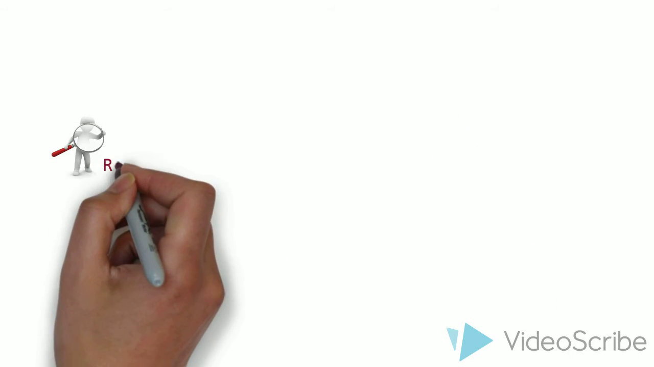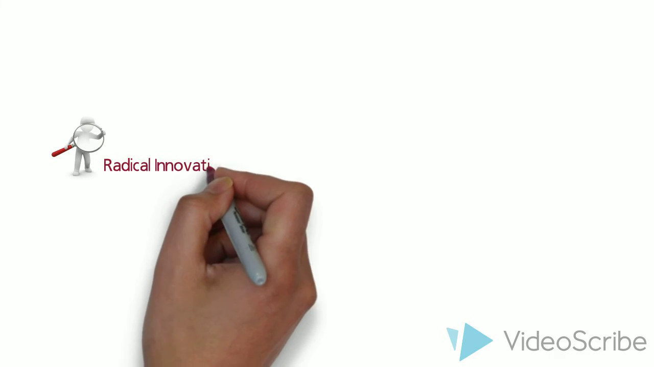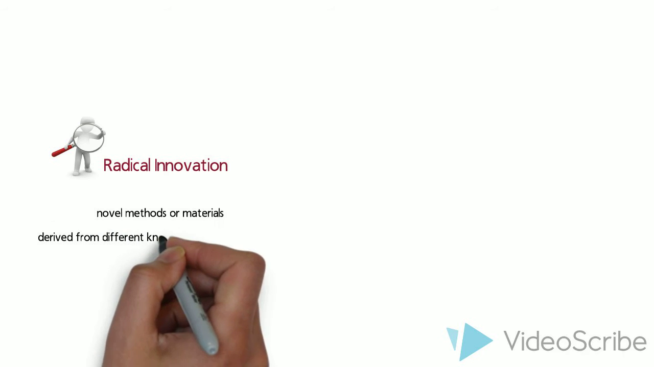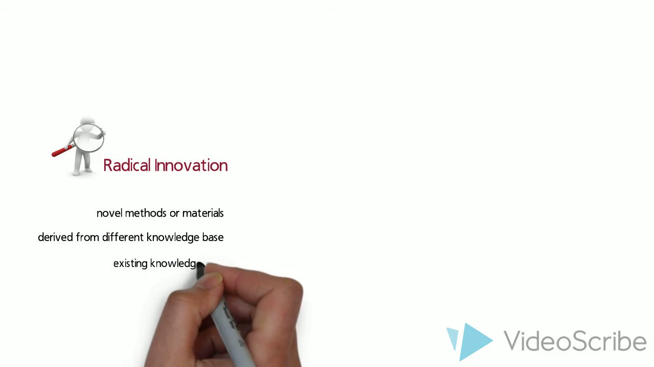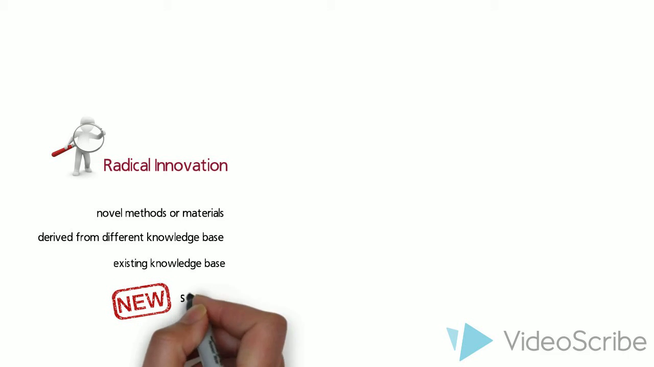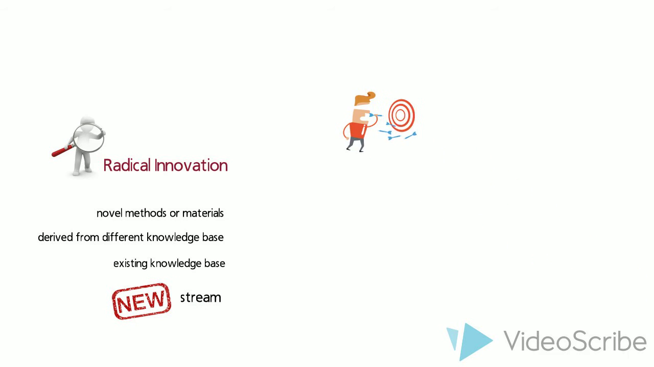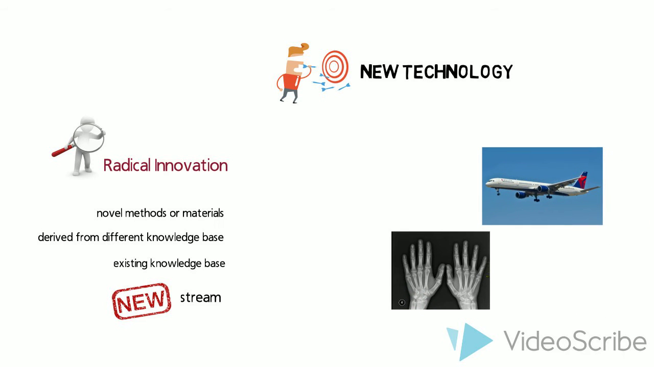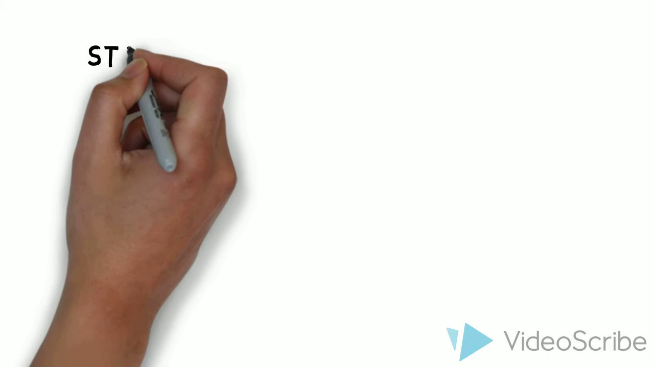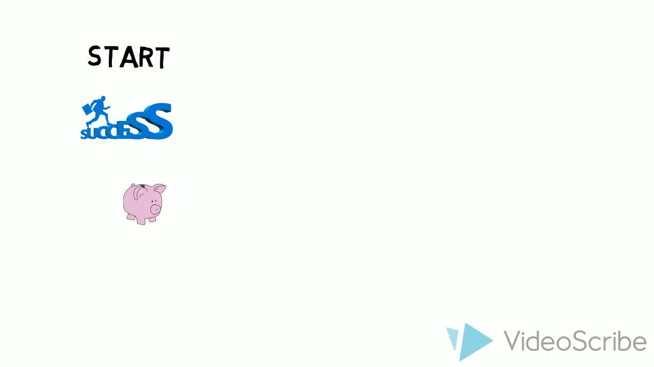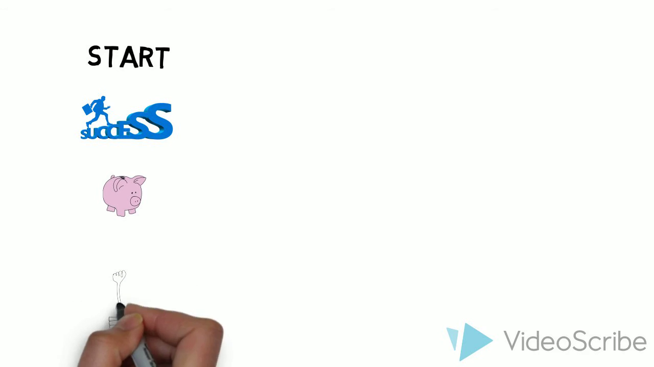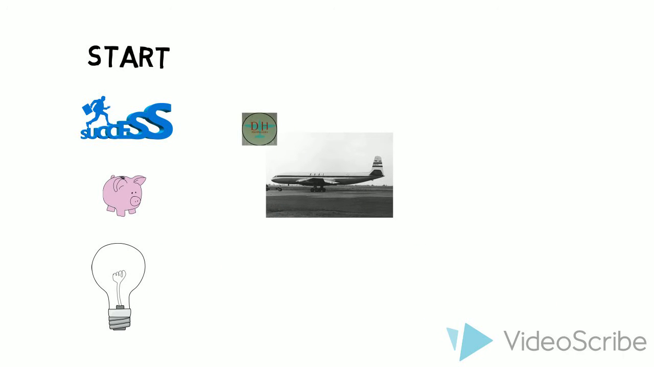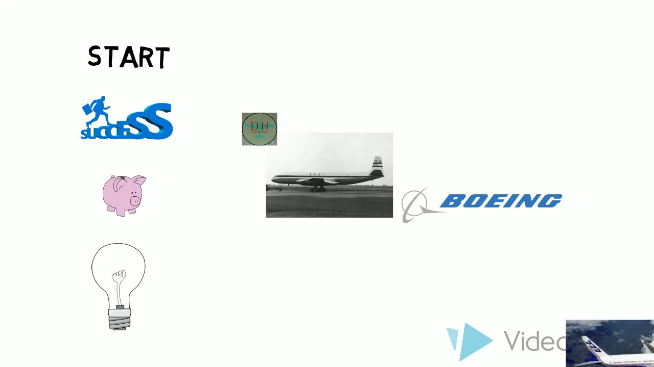Let's look closer at the radical innovation now. Radical innovation draws on novel methods or materials, is derived either from an entirely different knowledge base or from a recombination of existing knowledge bases with a new stream of knowledge. It targets new markets by using new technologies: the X-ray, an airplane, smartphone. Many firms get their start by successfully commercializing radical innovations. Although the British firm de Havilland first commercialized the jet-powered passenger airplane, Boeing was the company that drove this radical